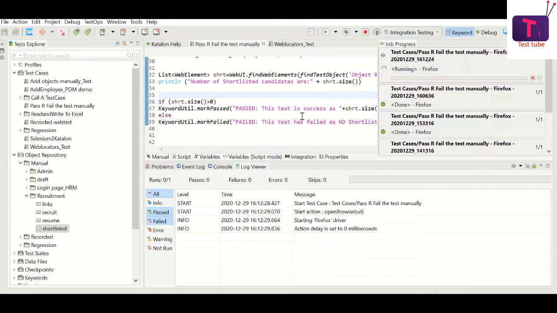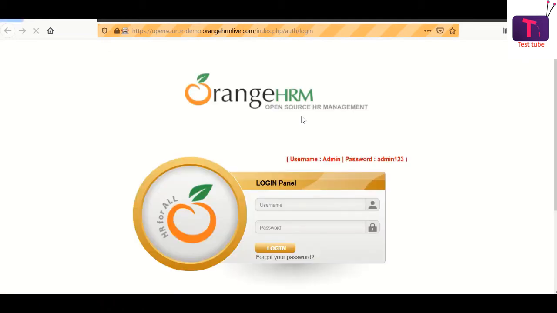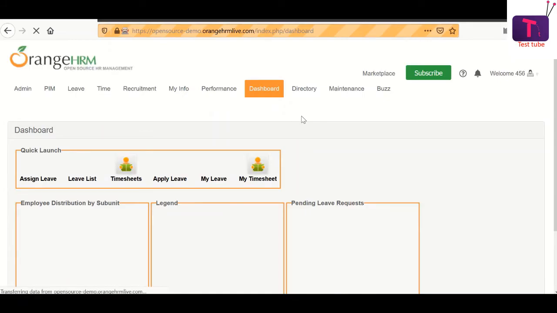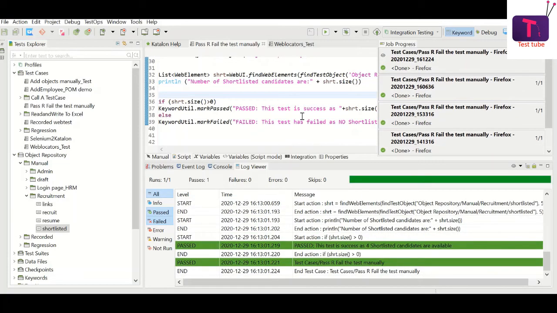So this is how you can set up a result as pass or failure manually in Katalon Studio, followed by the conditions you have mentioned being validated or not. Another case is that there might be many validations you want to perform in a test, and once all the validations are successful, you may want to say the entire test is successful.